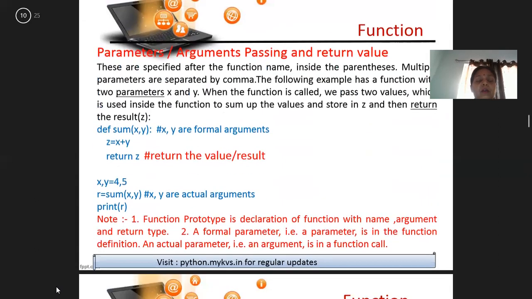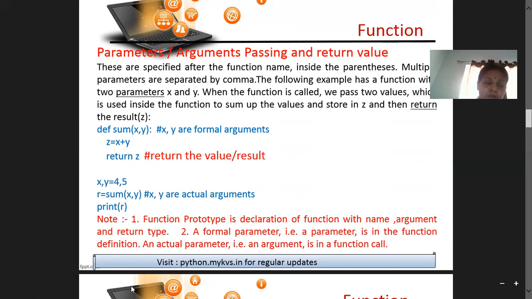See, the main concept is how to create a function. How can we create a function? First of all, I have discussed, we have to use def keyword as well as the name of the function. Then what is this x and y inside the parenthesis? See, the heading is parameters or arguments passing and return values.